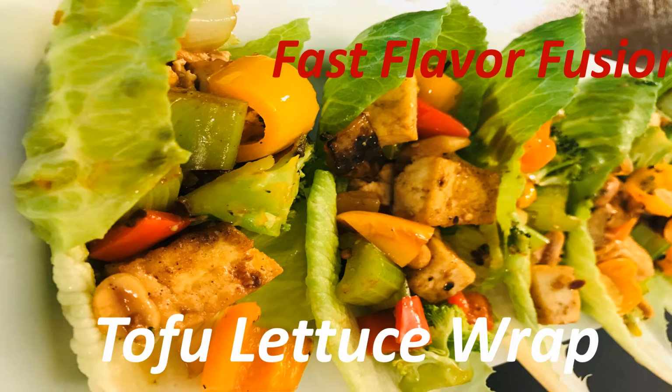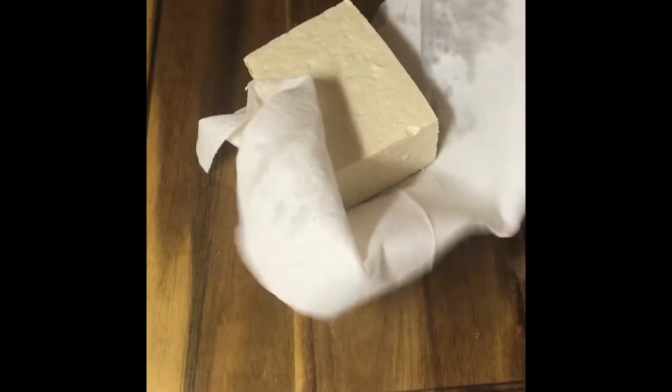The dish I have for you here today is tofu lettuce wrap. Let's get started on a lettuce wrap then. Here I have taken organic sprouted extra firm tofu, which I am going to be wrapping in a paper towel,